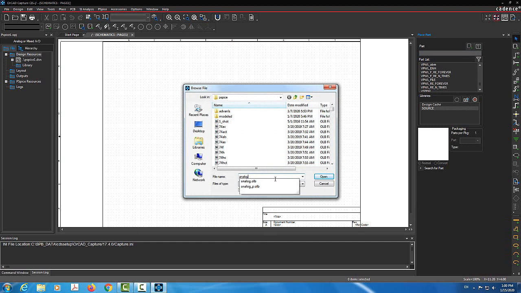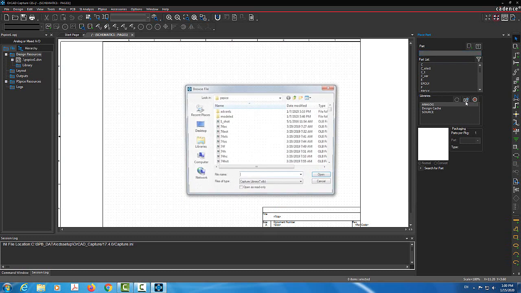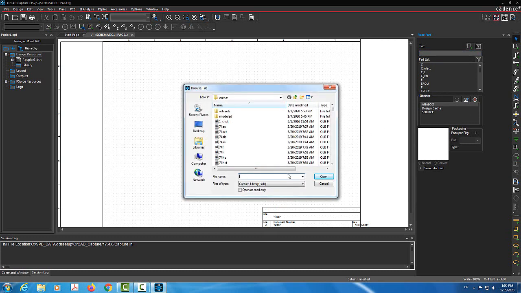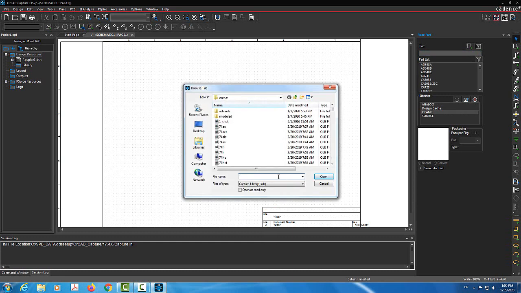So here is my analog library, and I will open that also. In later projects I'll be interested in op-amp libraries. So here are the op-amp libraries. And also, if you are doing some electronic circuits, I'm interested in the bipolar junction transistors. So I can also add, I believe, the bipolar